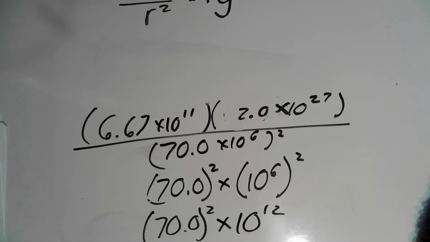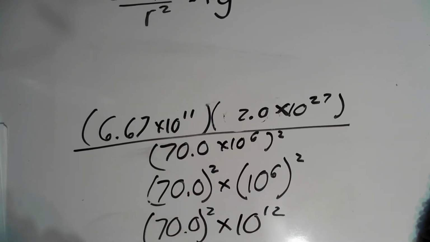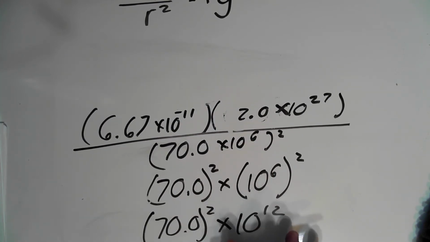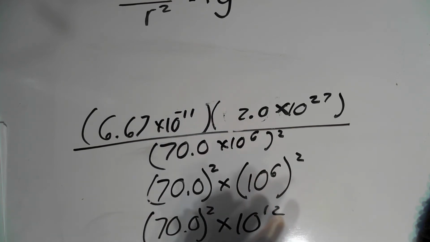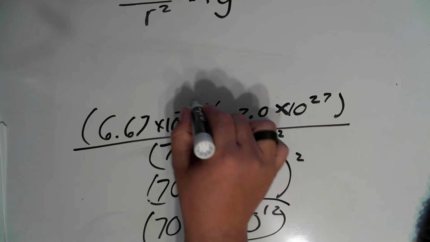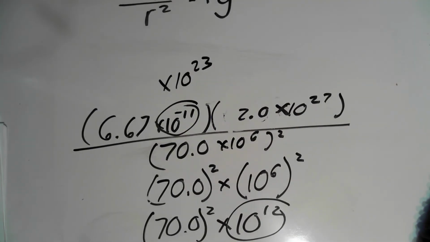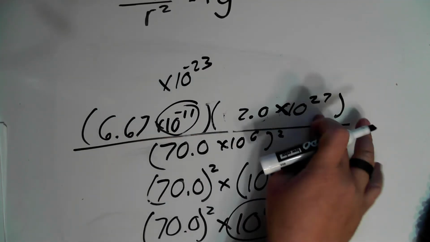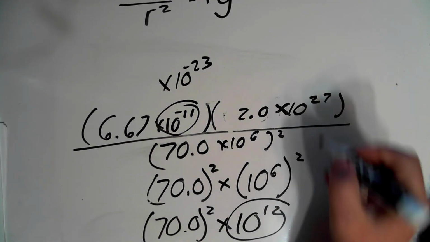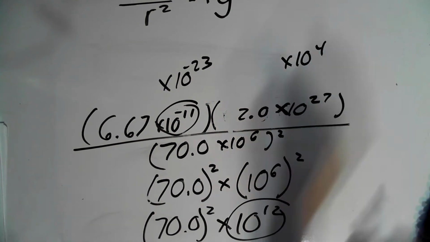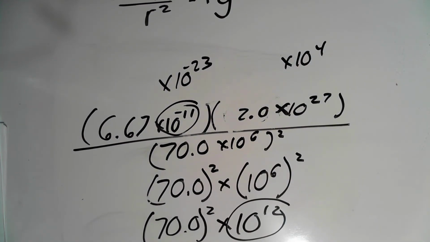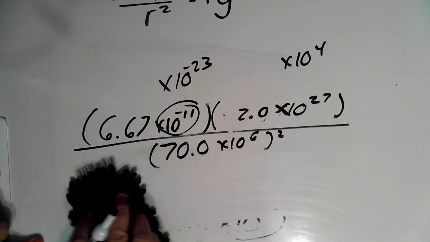And the reason why I'm doing this is because I've got, that's 10 to the negative 11th. I apologize there. That should have been a negative. I did that because I wanted to do this. So 10 to the negative 11 and 10 to the 12, but that's in the denominator. This term and this term together is going to give me 10 to the 23rd. And that's going to be negative 23rd because that's in the denominator, and that was a negative 11. That negative 23rd and then that 27 is going to give me 10 to the 4th. Okay? So simplified really quickly,